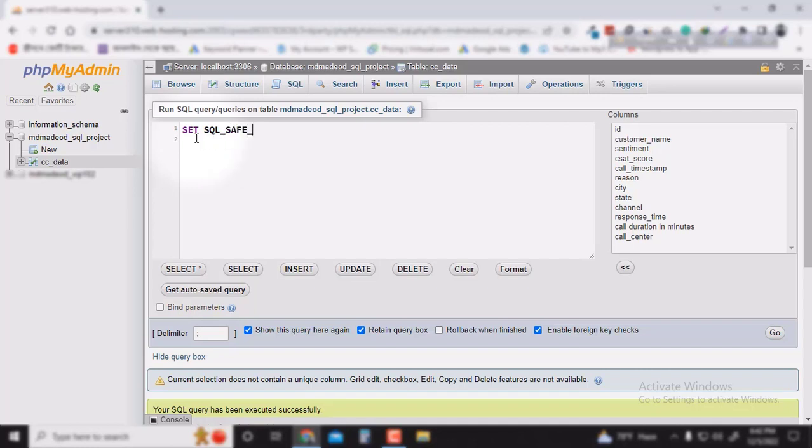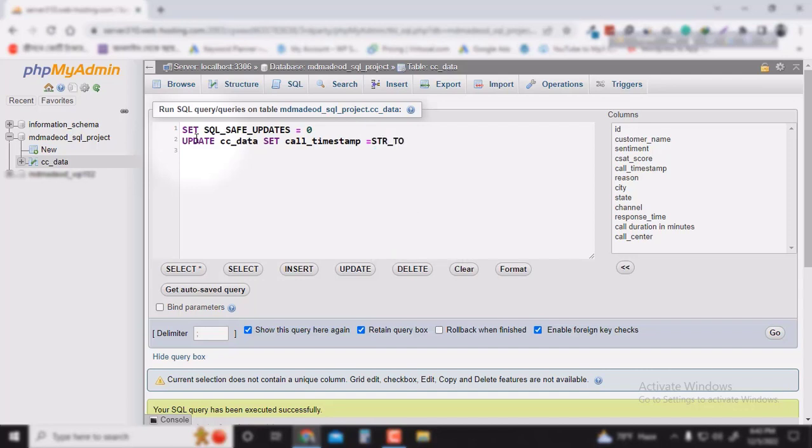SQL safe updates equal to 0. Now we update our table name, and we set the column name call timestamp equal to